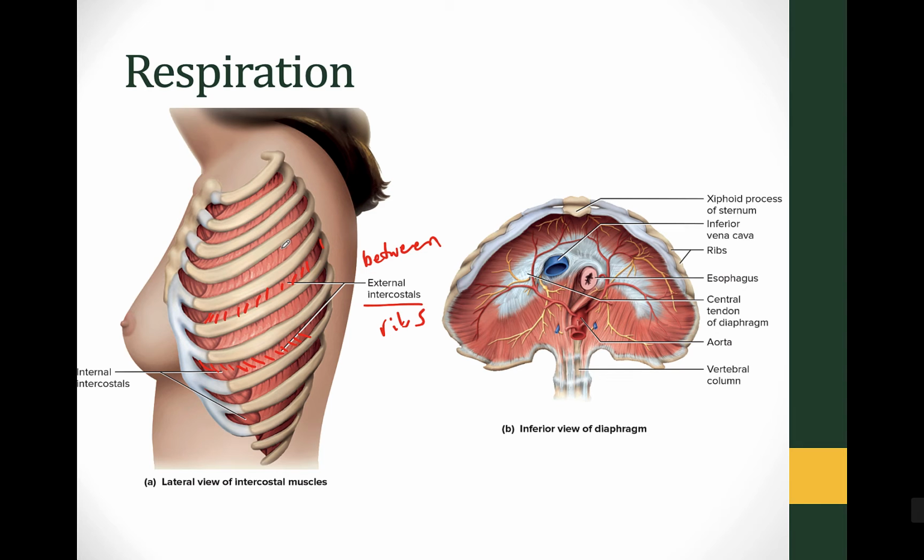The main respiratory muscle is the diaphragm. So this is an inferior view, which means that I'm underneath the diaphragm looking up. You can see the rib cage is here above this. And what we've got is this large, flat muscle. And when it contracts, it's going to contract kind of out in all of these directions, and it flattens,